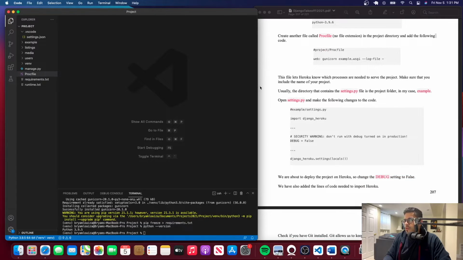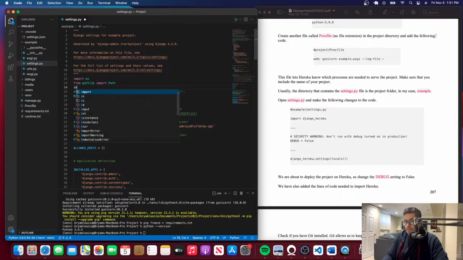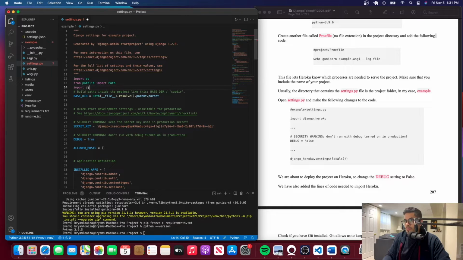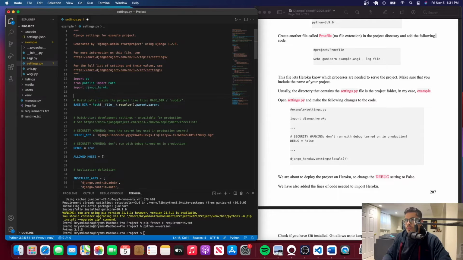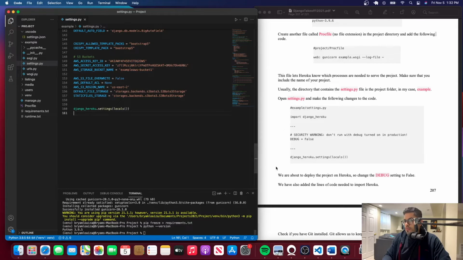And now we can go to settings.py and go to the top of the file, and just write this import here: import django_heroku. And we also need to set debug to false. And you can put this line at the end, that's the Heroku settings locals. Okay, so after we have done that, then we can